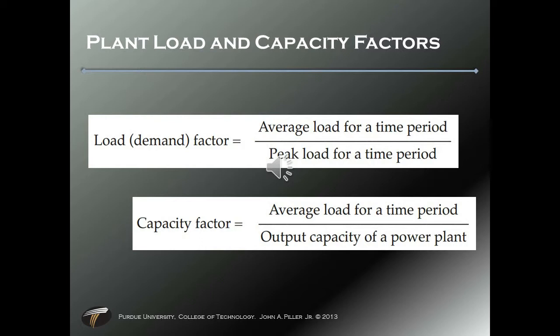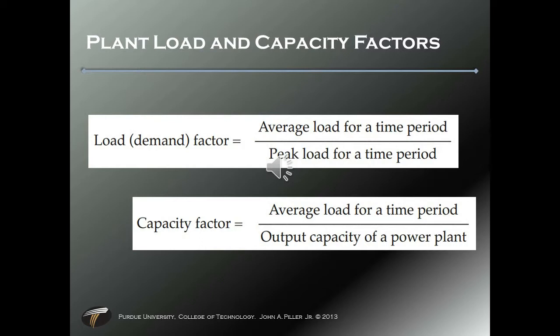Let's talk about that in a smaller scale circuit. Let's imagine we have a little robot. It has two motors, a sensor, and a microprocessor. At any given time, both motors could be on. The microprocessor could be running at full processing capability, and that sensor could be really busy sensing. So we have maximum ampacity out of everything. That would be our peak load. Okay.